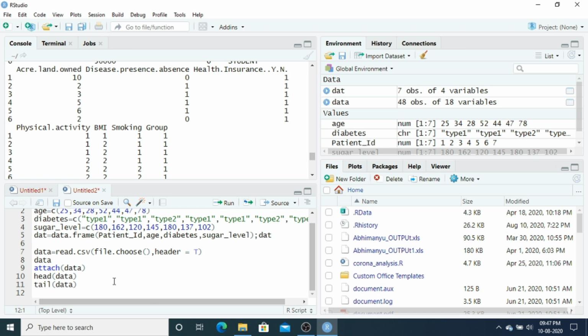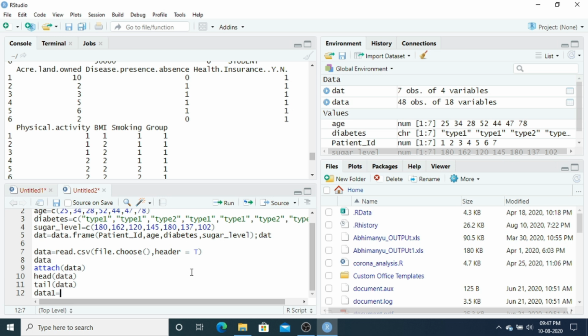Okay, so I said there is another way you can also import your data to R. How is that? Suppose I write data1 is equal to, and in this other way you can import your data.